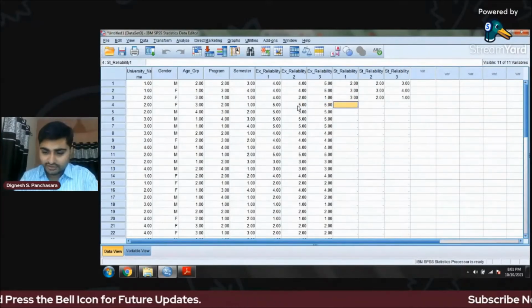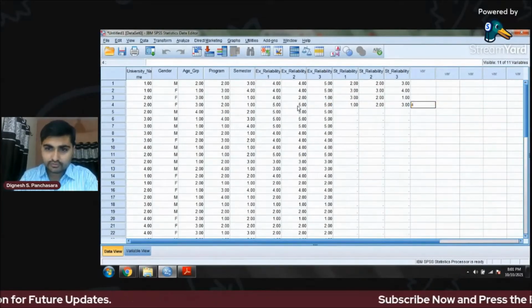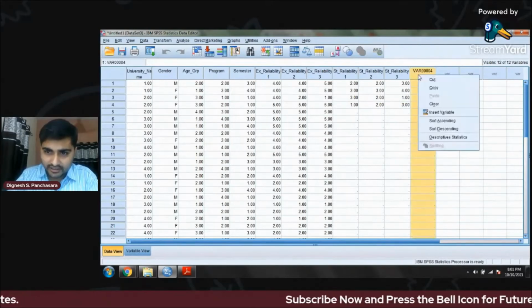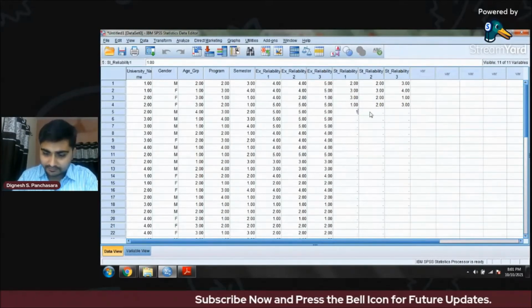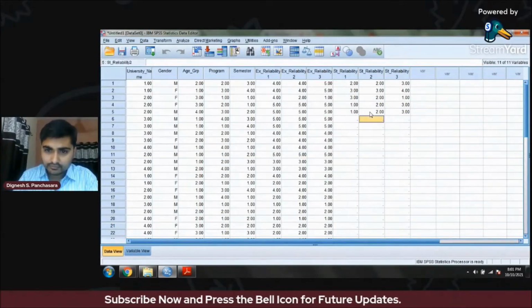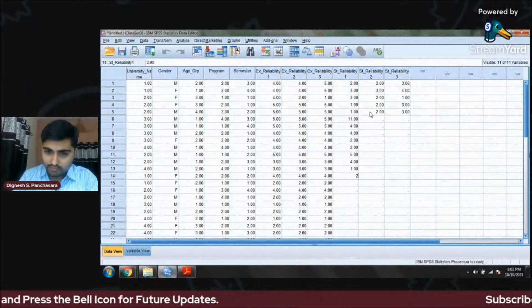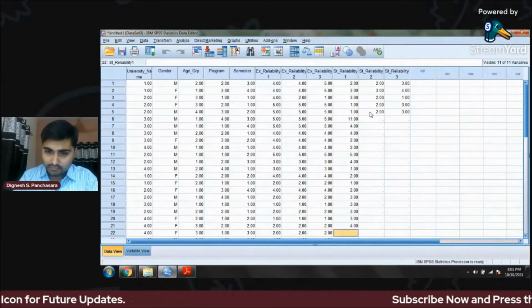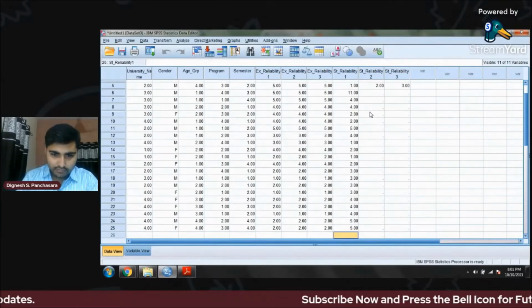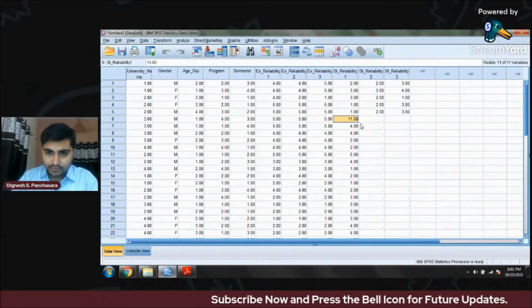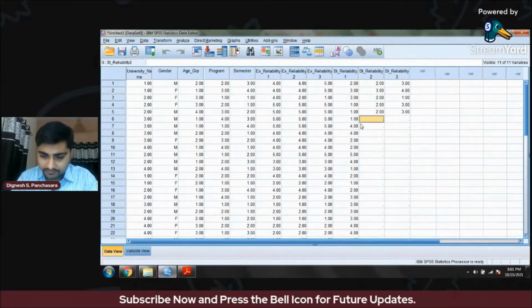For example, I'm changing 1, 2, 3, 4. This is a mistake again, I can clear. This is 1, not 11.